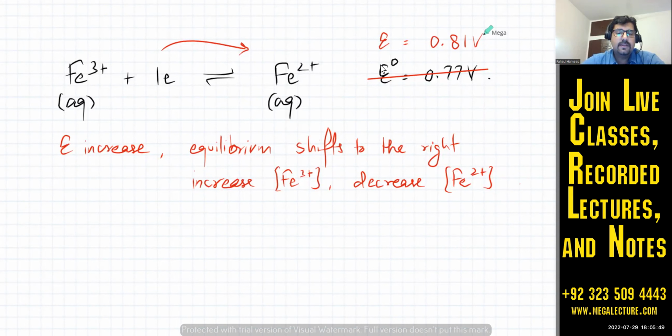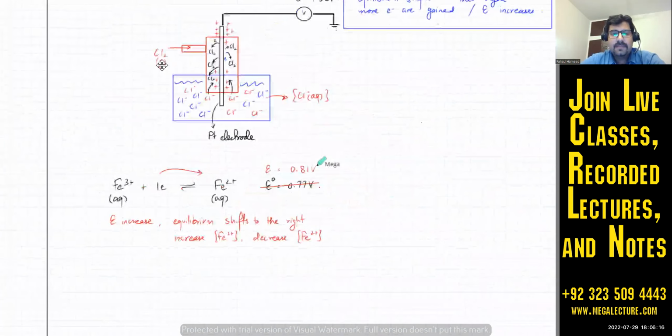We are the ones who are increasing Fe3+. We are the ones who are controlling the conditions, right? So if I want a higher potential, what I can do is I can have more Fe3+. If I have more Fe3+, that Fe3+ will go and consume all the electrons. So your electrode is not going to have a lot of electrons. That is, if we go back to that example,